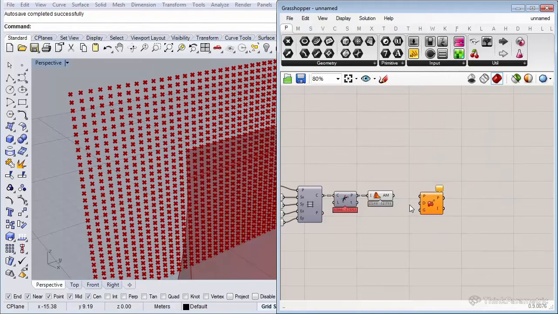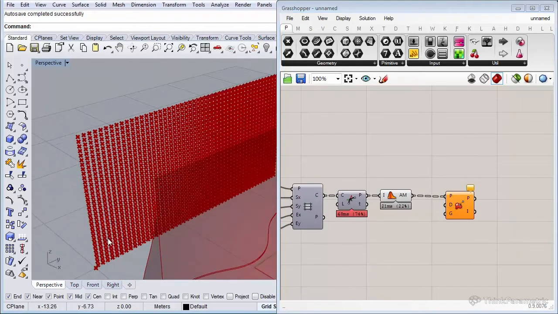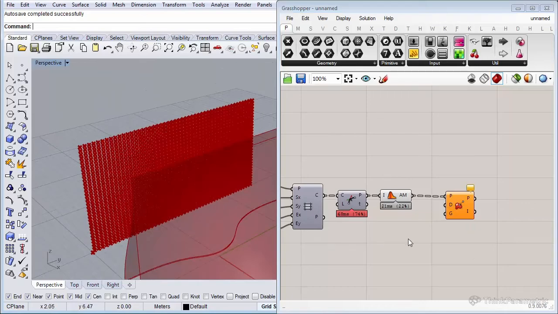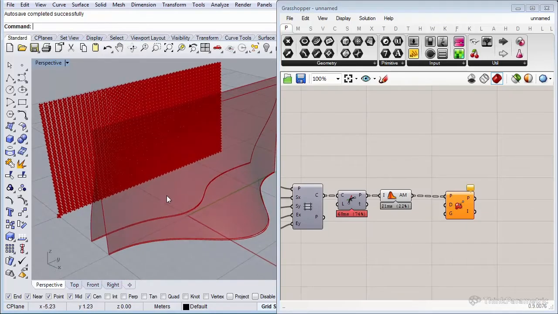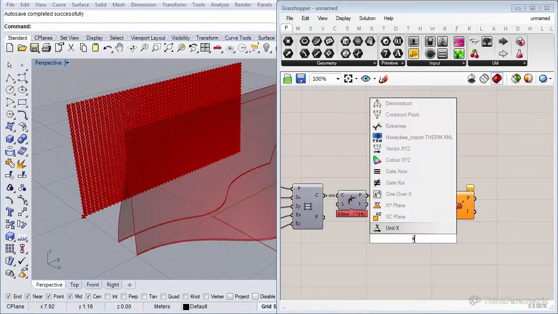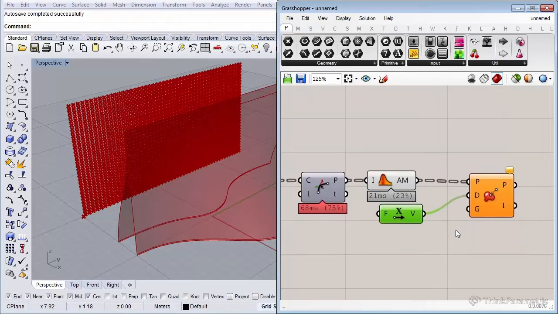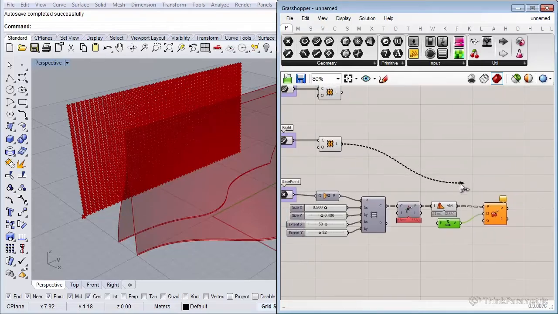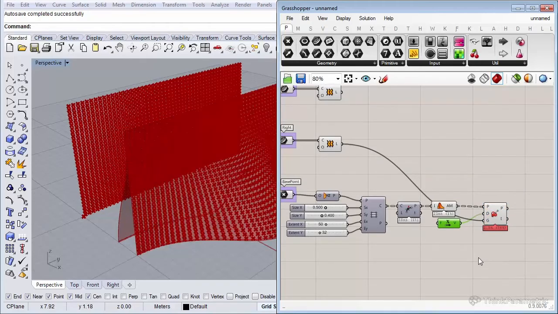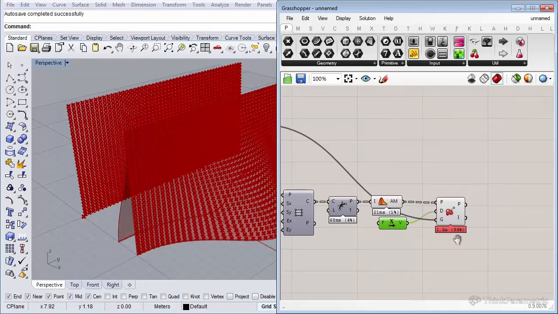So let's insert our points. And the direction is the positive x direction, which I sneakily already knew. That's why I positioned our rectangular grid behind our pavilion, so we can just insert a unit x vector. And our geometry, this will be our initial surface. So let's connect it. Nice. So now you can see that all our points got nicely projected on top of our surface.